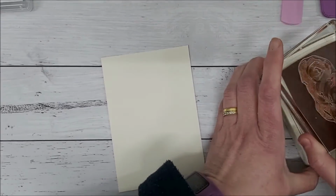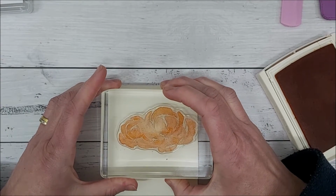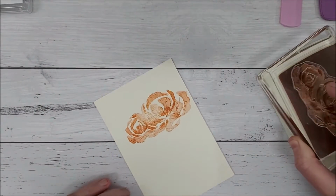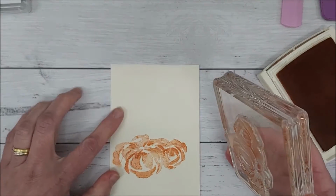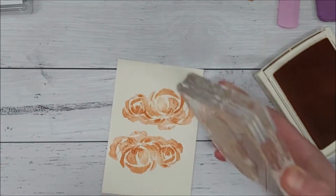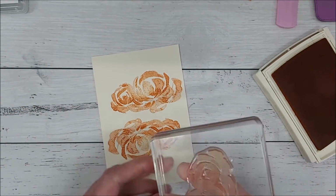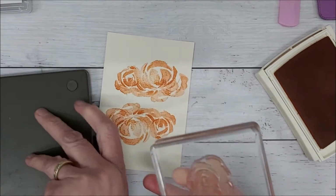and what you do is just ink that up and then just off slightly to one side, about there, and then ink up again, rotate the cardstock and then leave a gap, and then what you're going to do is place that down. Now you'll see that I've actually just off-centered those, so you'll see that the large rose is on that diagonal there,